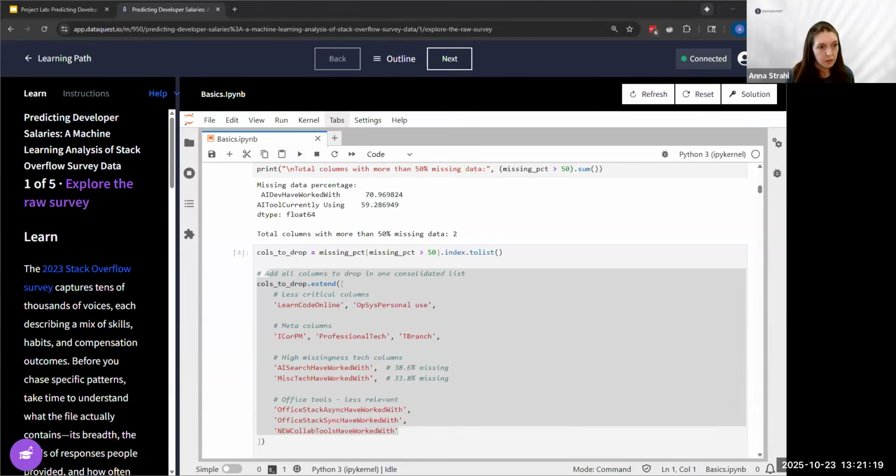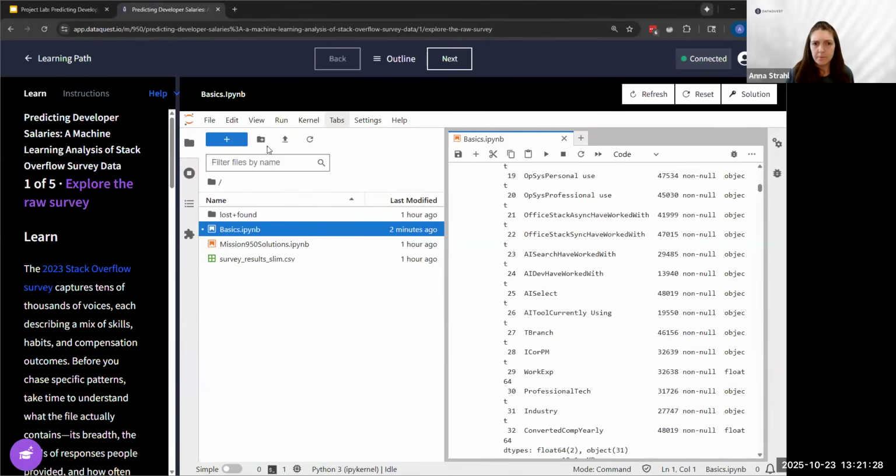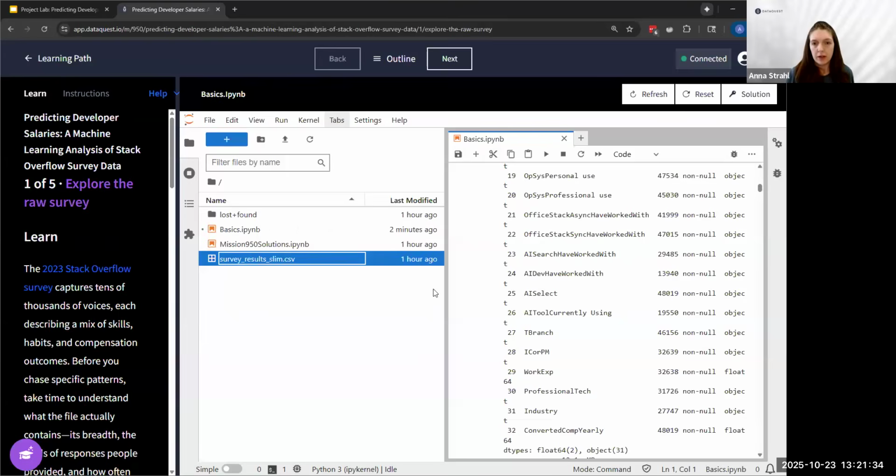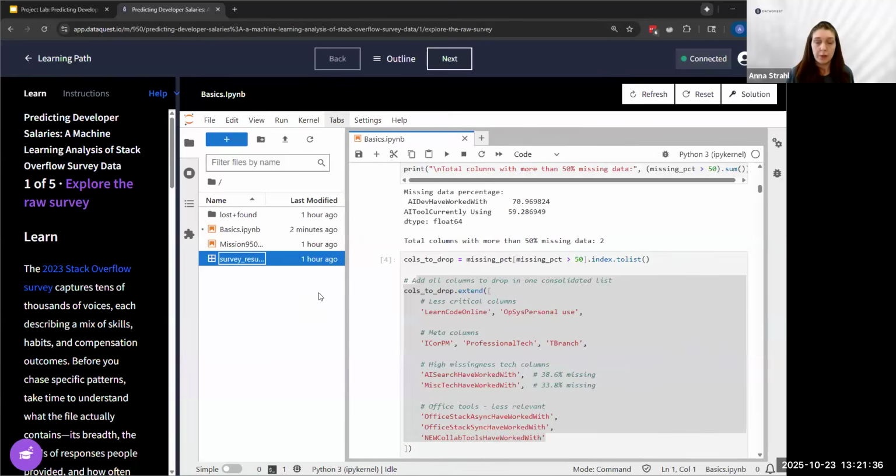Okay. Timothy asks, where can you get the slim data set? That was asked pretty early in the webinar. So I do hope that I answered that in the DataQuest app. You can see survey results underscore slim here. You can download those. But basically what we did from the original data set,